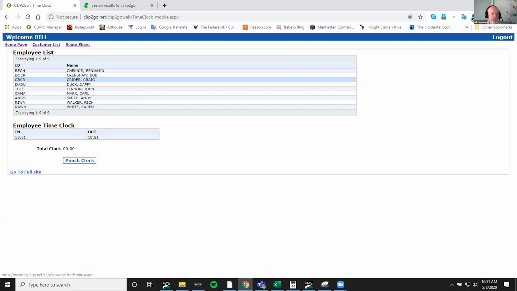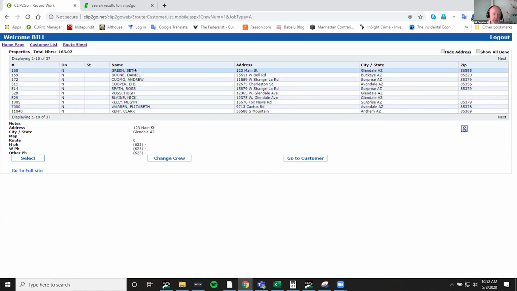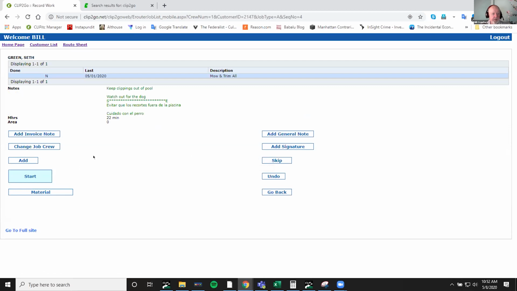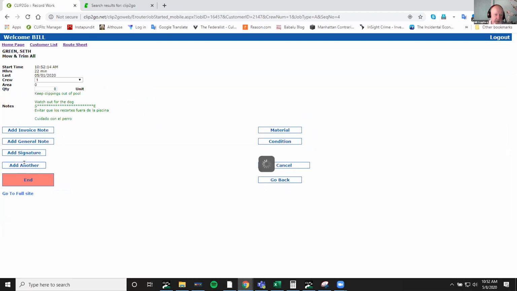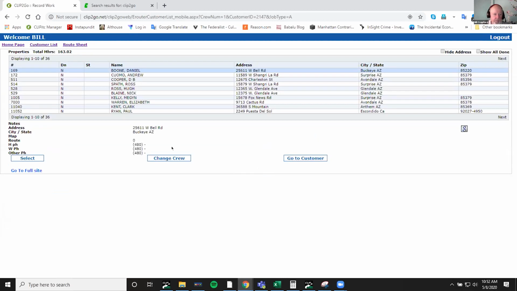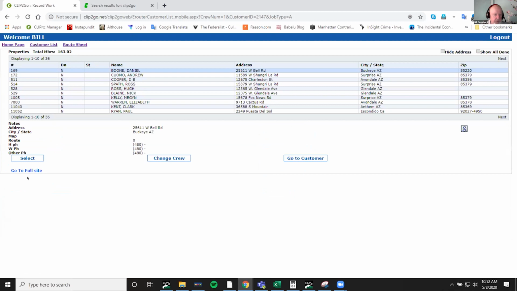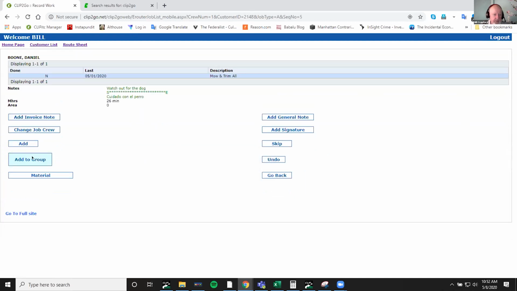Okay, so we go to the route sheet. So let's say Green, Boone, and Cuomo are all on the same street. So we go to Seth Green, we do select here, and we start, and then we hit add another. And we go back to our list, and we choose Andrew Cuomo, or Boone first, sorry. Select, add to group,